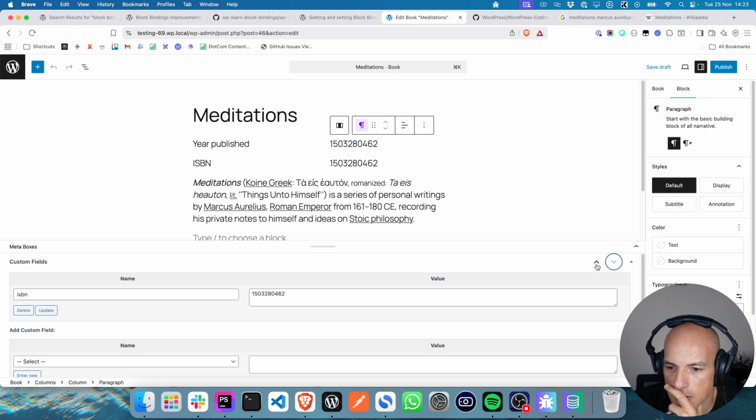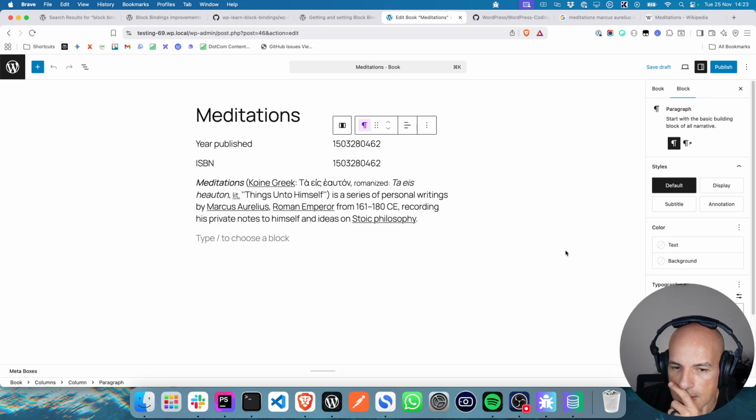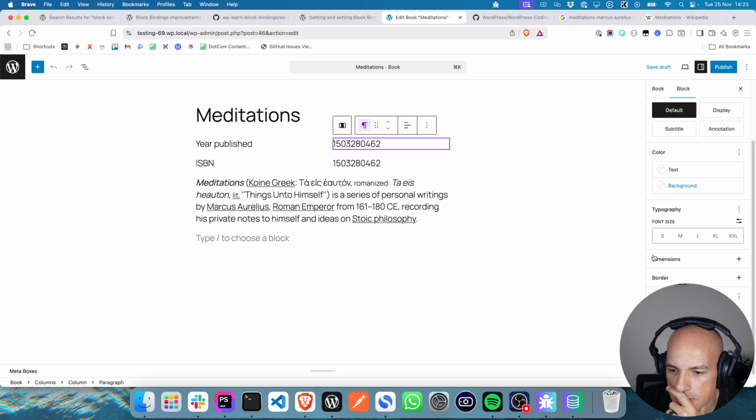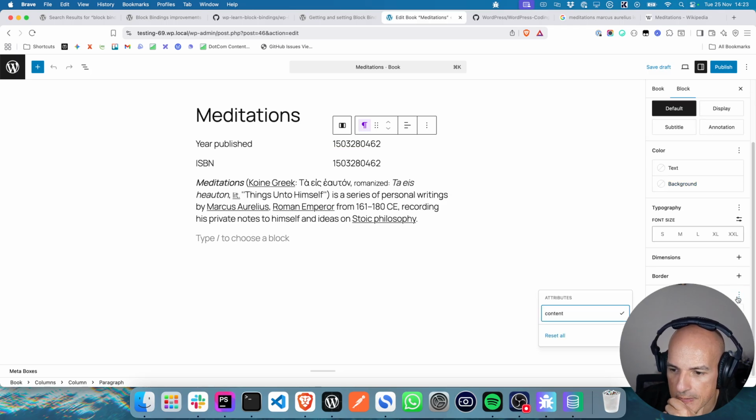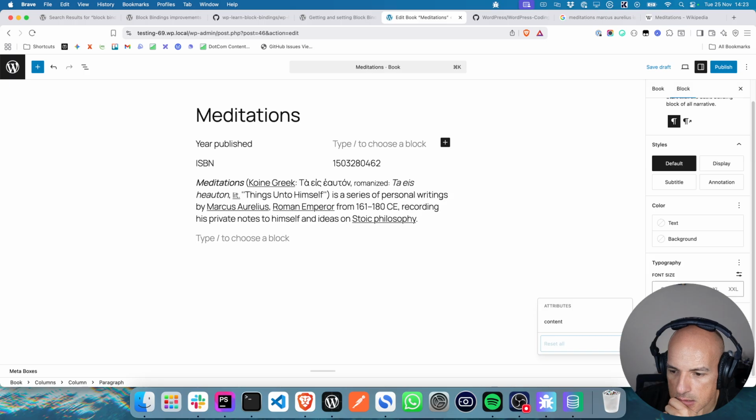Minimize this out the way. Okay, so if I go year published, and I go to attributes and I go to content, so reset, attributes, content, connect to post meta. Okay.